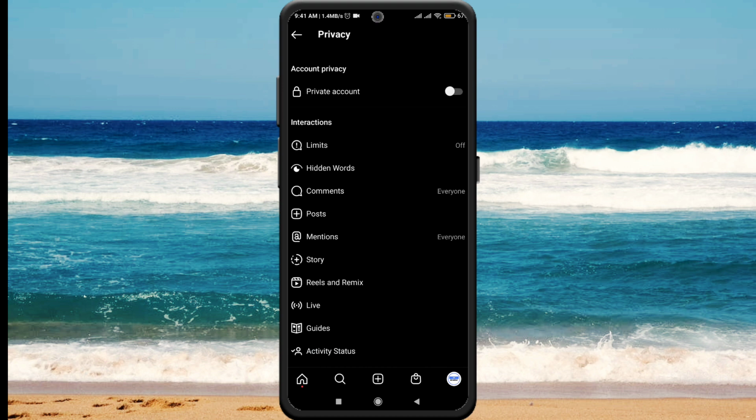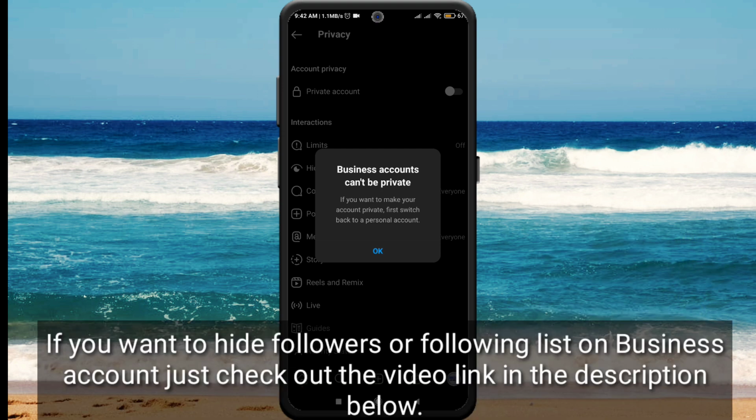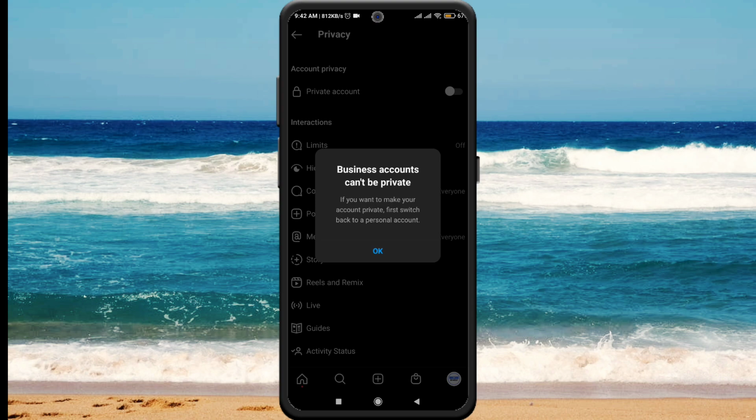From here, this is the option where you can turn your Instagram account into private. Turn it on. And if you want to make your business account private, what you have to do, this is my business account. Okay, this means I can't turn it to private because I already made it public. That's why I'm making it a business account. But if you have a private account, you can just turn it